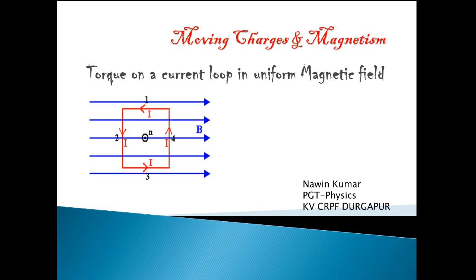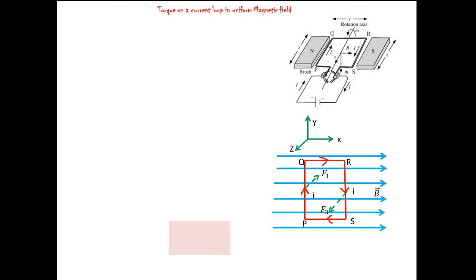Now let us discuss the torque on a current loop in a uniform magnetic field. We know what is torque, that is the rotational analog of force. First consider a loop